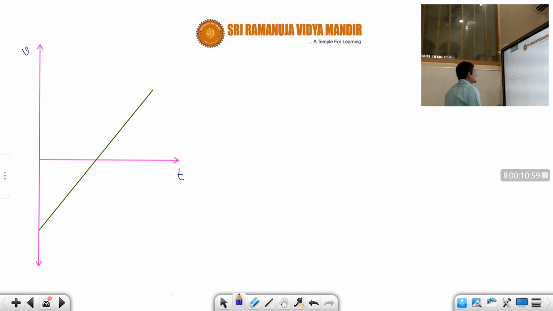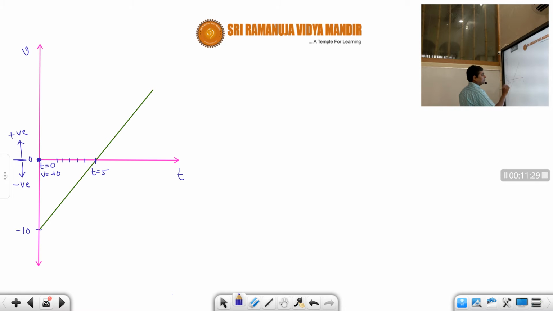Okay, so now here you can see, students, very carefully, this is 0, time t equal to 0, v is 0. Above this is called positive and below this is called negative. Correct or not, students? Suppose here this is minus 10. So at time t equal to 0, velocity is minus 10. Velocity is minus 10 means what, students? It means velocity is negative here. Correct or not? Up to t equal to 1, 2, 3, 4, 5. Let's say maybe here t equal to 5 seconds.